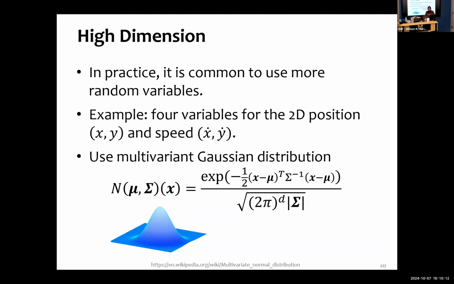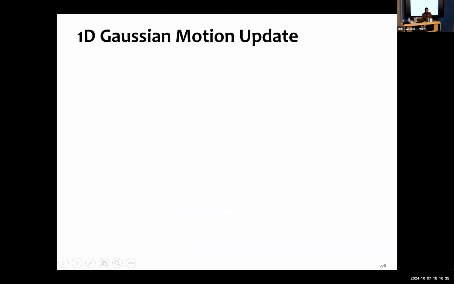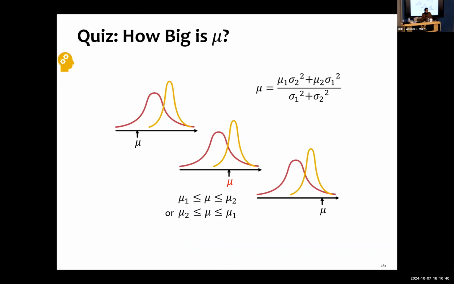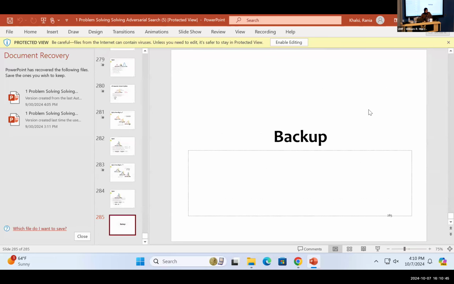In this case, if you check the formula, it's not the typical one. What we saw is for the 2D. Here we have the multivariate Gaussian distribution, which considers a bigger space. We can come back to these examples later, but for today it's just a simple illustration. I can share it with you later.